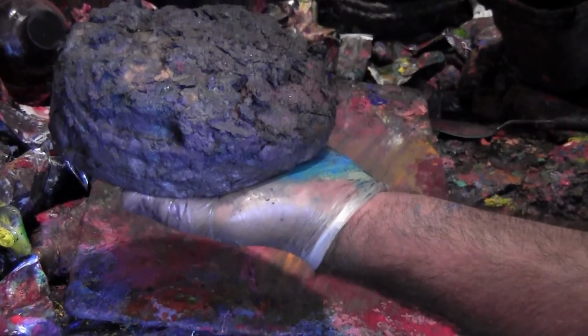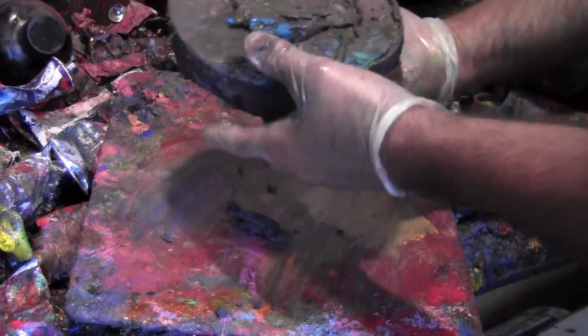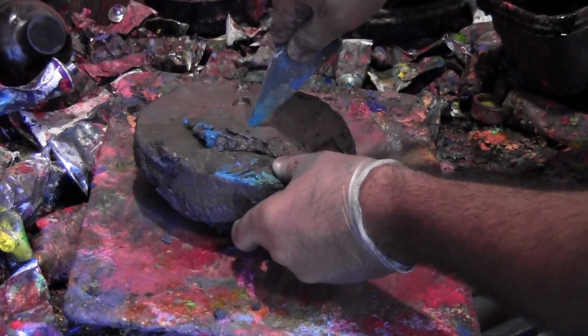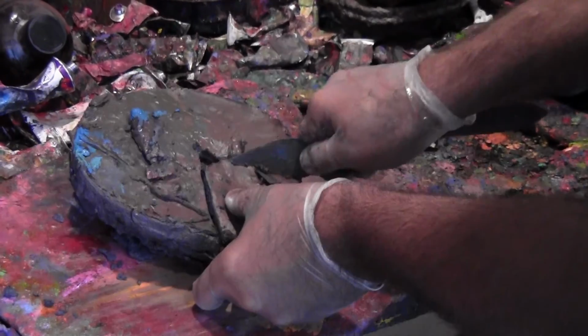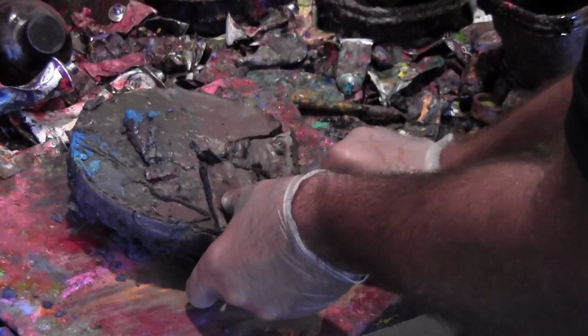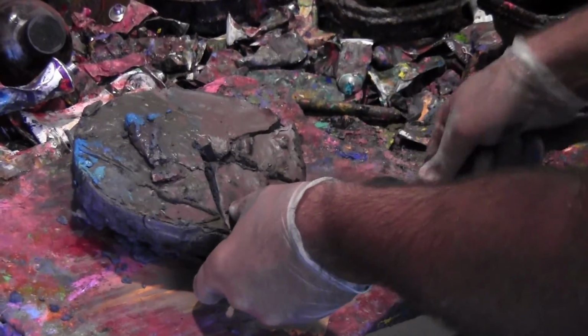This is the muck that accumulates at the bottom of my painting bucket where I keep my brushes. And to celebrate the beginning of summer, I thought I'd make a cake. I love cake. And I don't throw anything away in my studio. And when I get these beautiful forms of old paint and sludge, I save them and I work them into